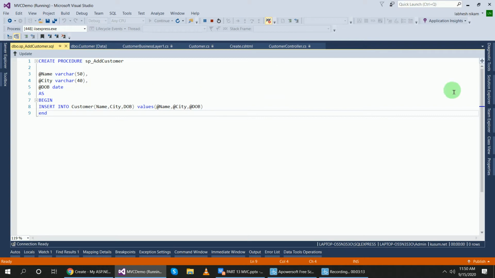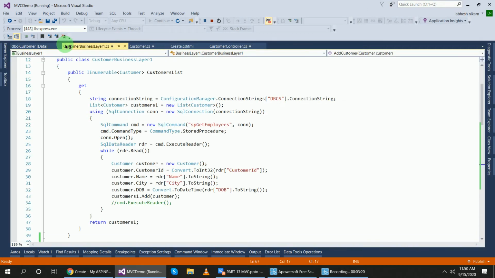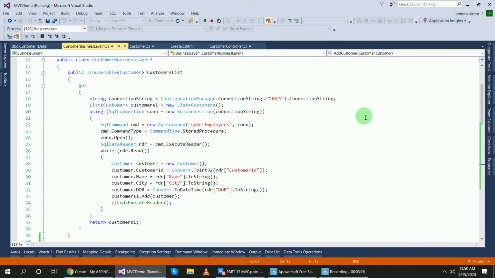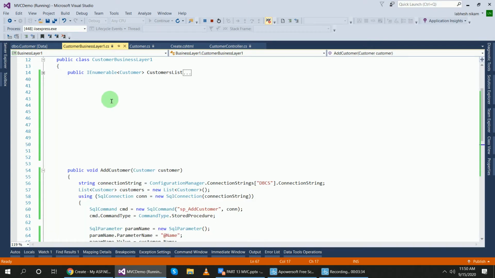Now we will add another method inside of this customer business layer 1 class for insert data, right? For that I will write here the method public.